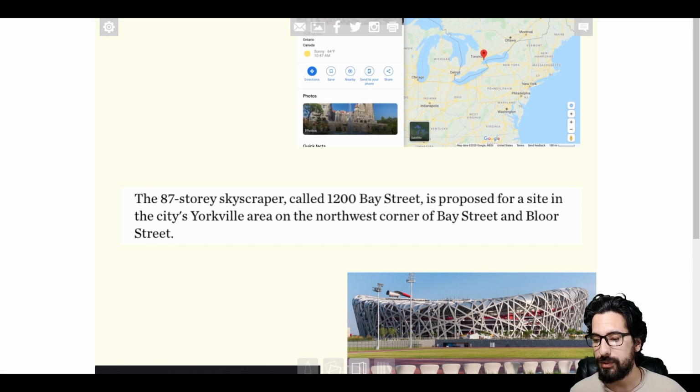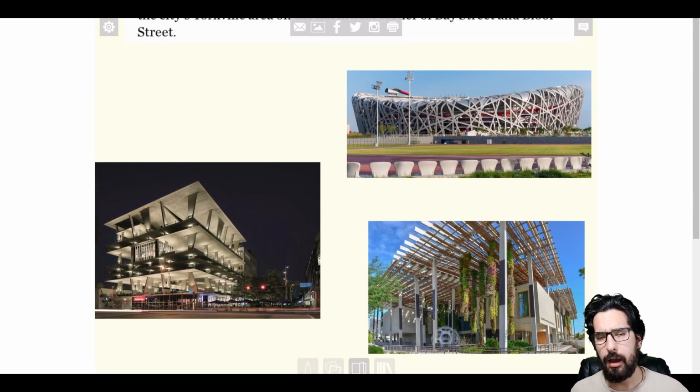And what's been proposed is an 87-story skyscraper that will be located on the corner of Bay Street and Bloor Street. Now, for those of you that are unfamiliar with Herzog and de Meuron, these are some of their projects. The one at the top right is usually called the Bird's Nest, and the ones at the bottom are actually from Miami. So the one at the left is the 1111 parking garage, and the one on the right is the